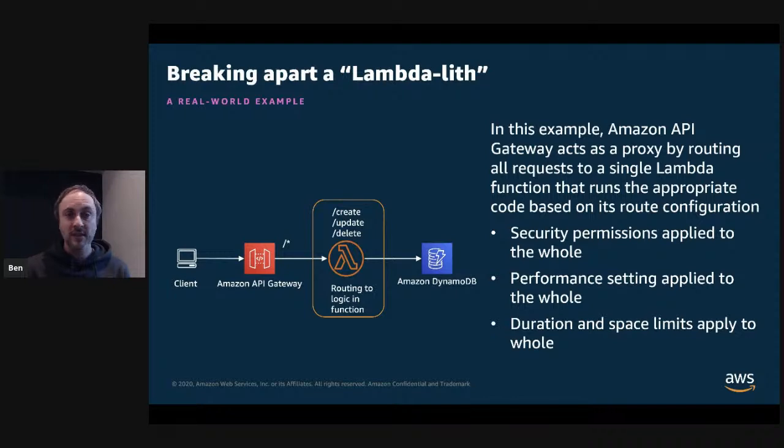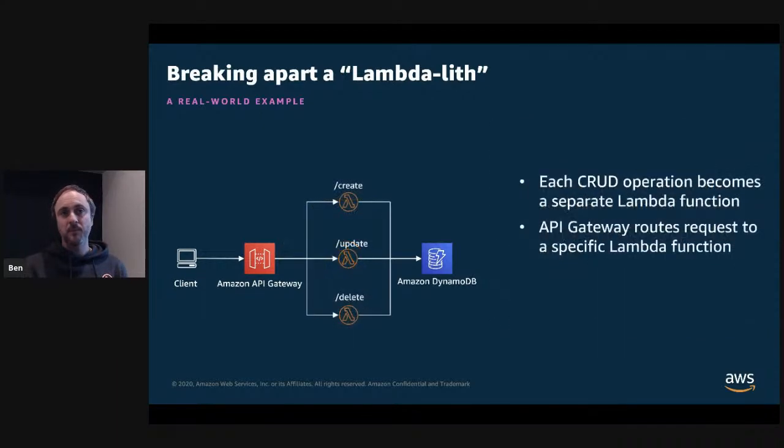There'll be some sort of identifier on that inbound event, whether it's the type of event, the method, a PUT, a POST, or a GET. Perhaps it's something in the URL or a parameter in the URL. Based on that, the Lambda function code branches to handle that particular request. And again, that will work and it will scale operationally. But what it means is that the security permissions, the resource allocation, the memory allocation, and the performance are applied to the whole function. So what you can do is split apart this function based on each CRUD operation.